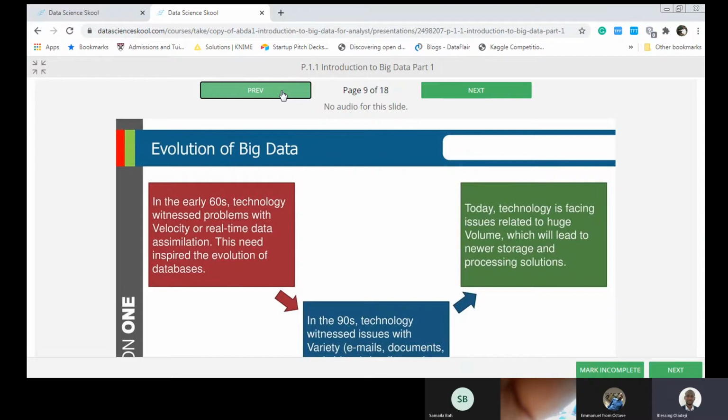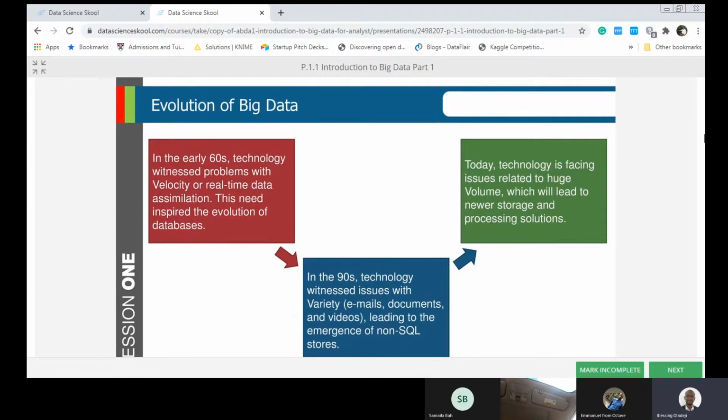When we moved beyond that, the next need was that different kinds of data sets were now coming. There was email technology that was developed, picture and pixel technology, then video technology, and all of this data also needed to be captured. So they developed systems that can handle this type of unstructured data. Those types of platform are called NoSQL platforms.